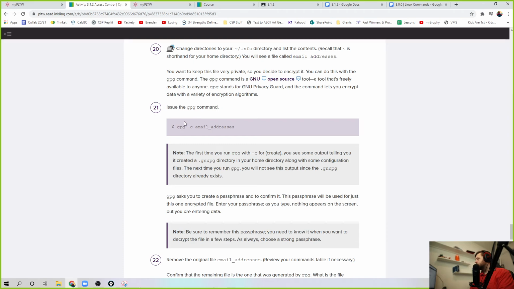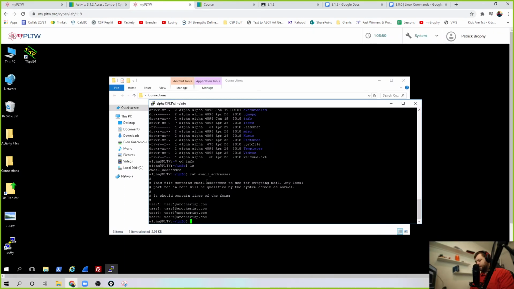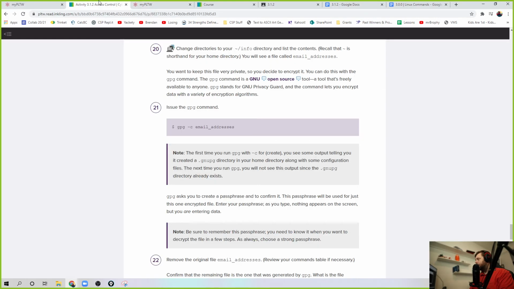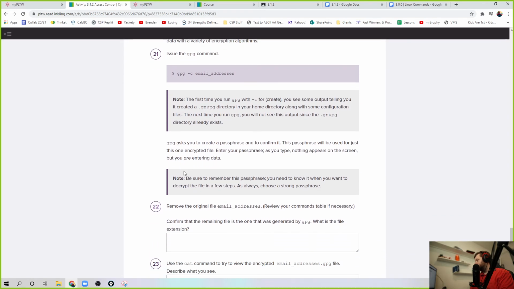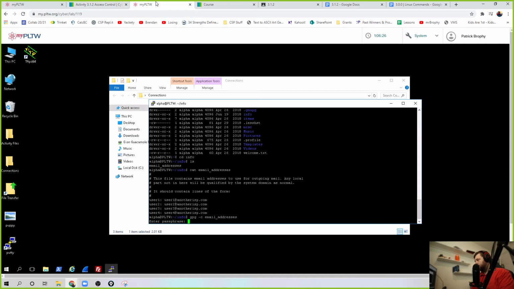Okay, so we're going to do gpg -c email addresses, right? gpg -c. I'm going to use the tab. This is so much easier when you use tab. All right, and then it's the first time you run it with -c for create. You see the output telling you it created this in your home directory. It's going to ask you to create a passphrase and confirm it. Passphrase. I'm going to call it password because